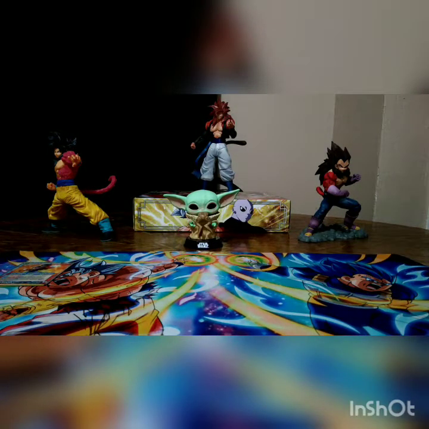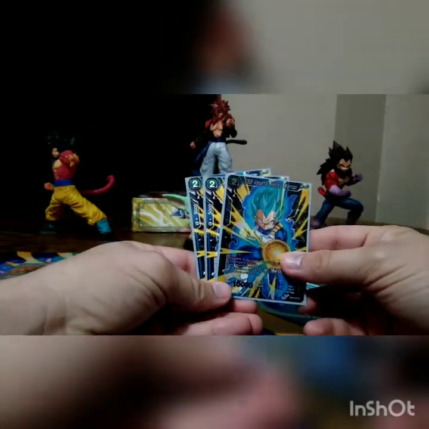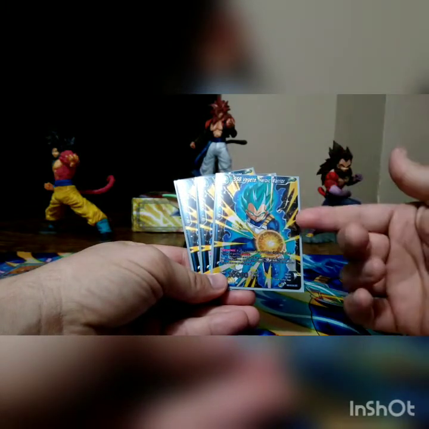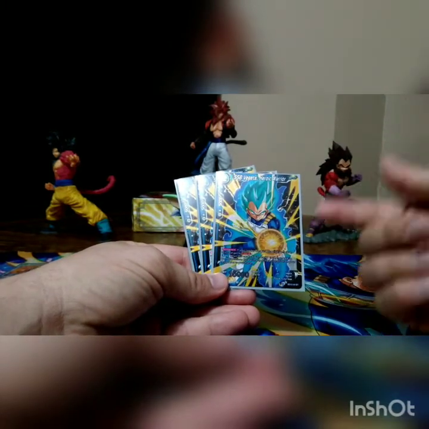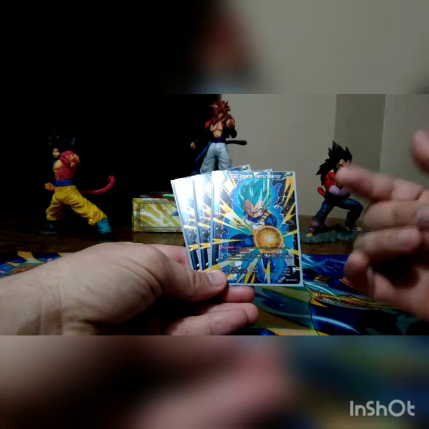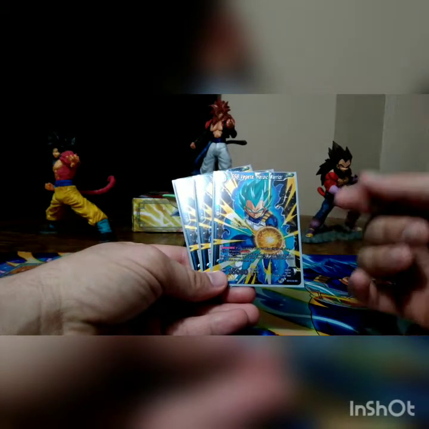So next, we're going into 3 of the Super Saiyan Blue Vegeta Heroic Warrior. I love this card. He's a 2 cost, and if your leader card is a Blue Saiyan, which it is, he gains critical. So for 2, he's an easy 15k crit, and when this card is killed, you draw 1,